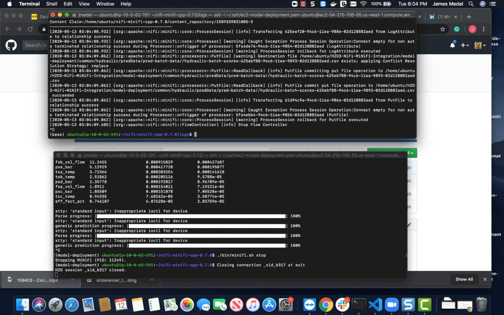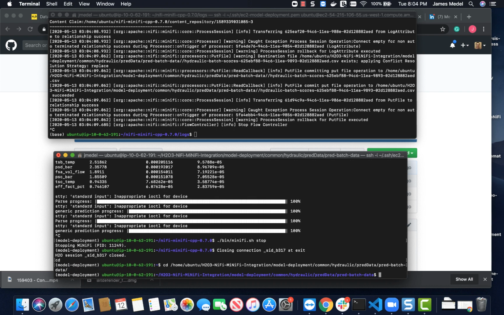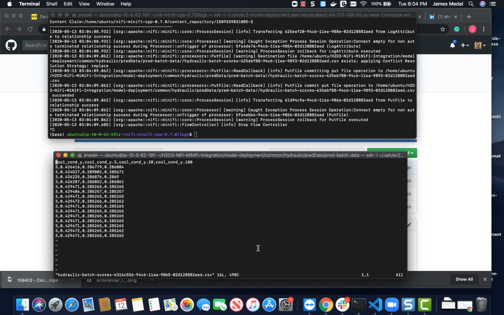Okay, and let's go to the directory where we store the batch predictions. Look at the first example. So here we see all of the labels we're trying to predict are 3, and then we can see if we look at the first row, for instance,